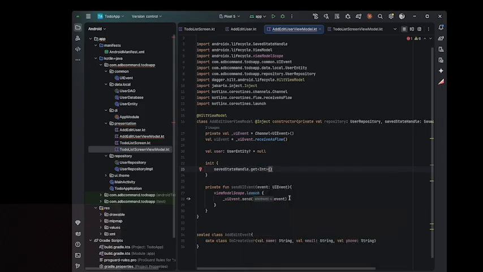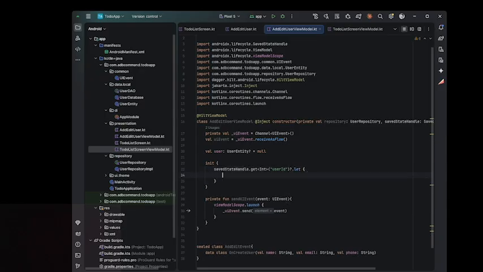The name is userId basically. So if it's not null, I will call this id like this. So if the id is not equal to, in this case,